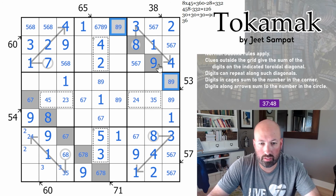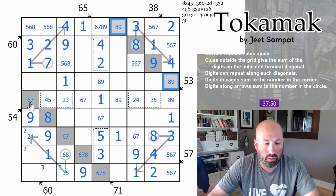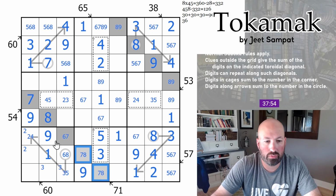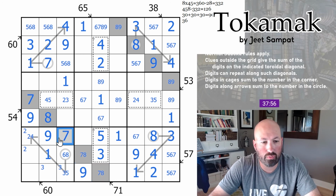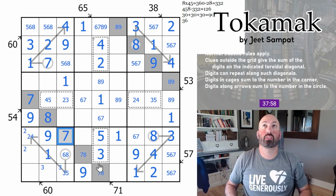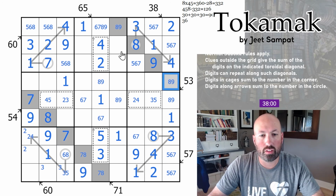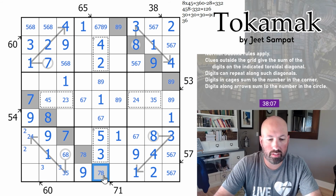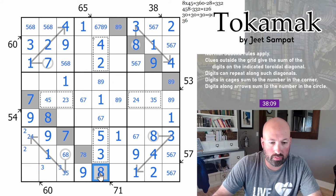So that would be 17. 17, that's 34. This would be 15 and 15 and 7. So we'd have 34 up there. We'd have 37 here. 34 and 37 is 71. So these are essentially an 8-9 pair here. The 7 down there, the 7 up here gives us an 8 there